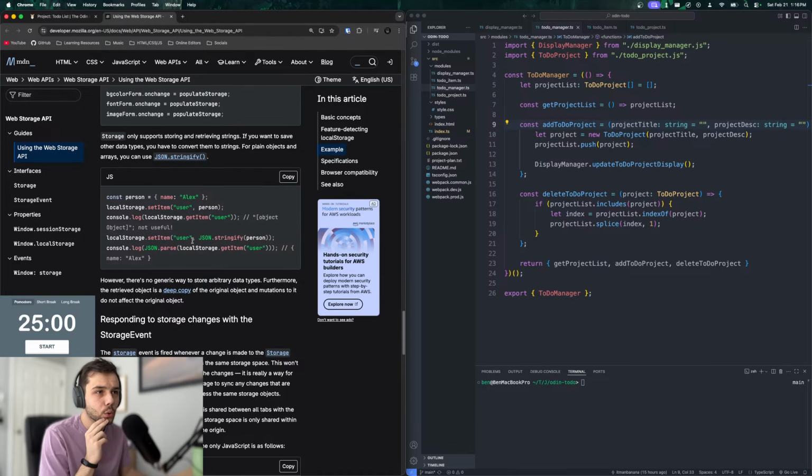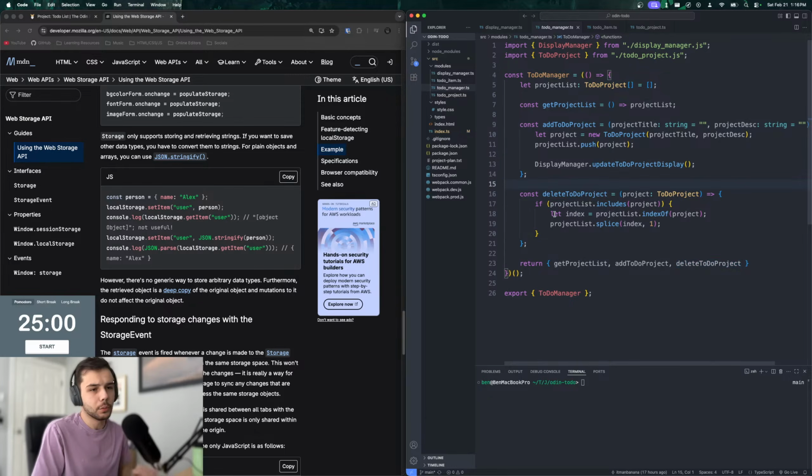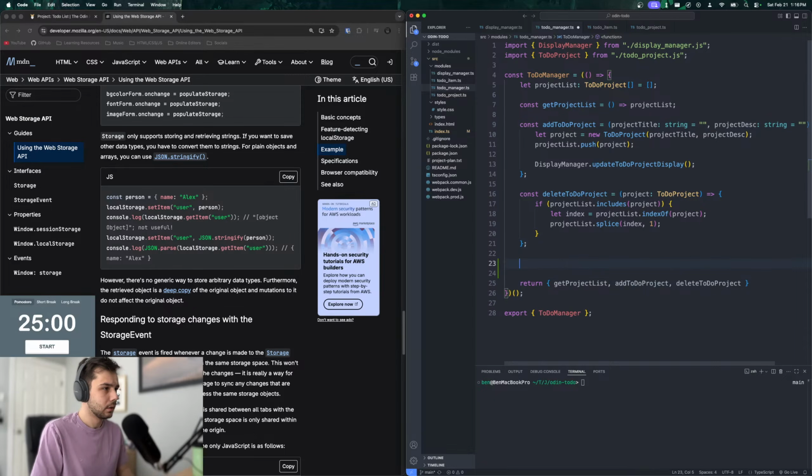And then I need to have some sort of function within the to-do manager to update the local storage, right? So to save and load. So we'll do like const